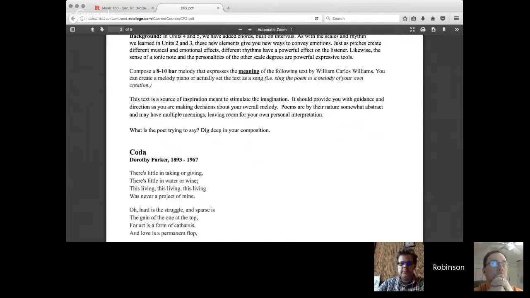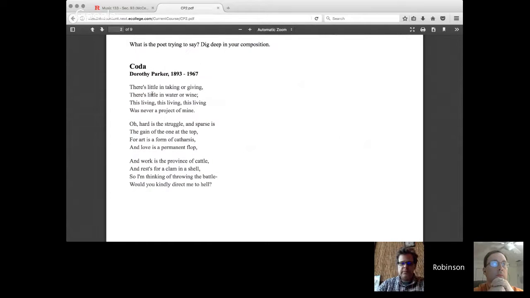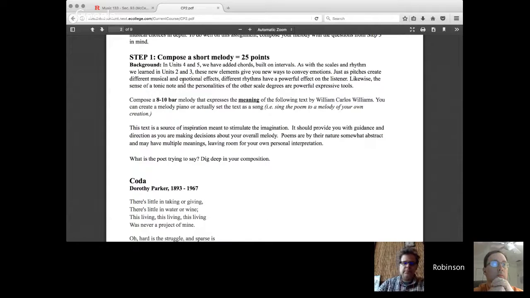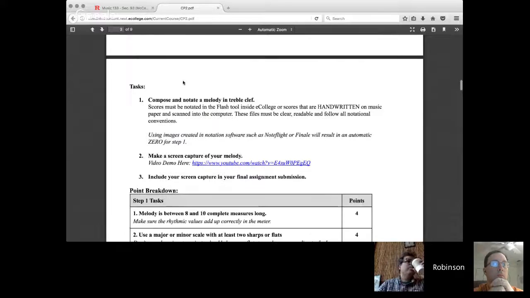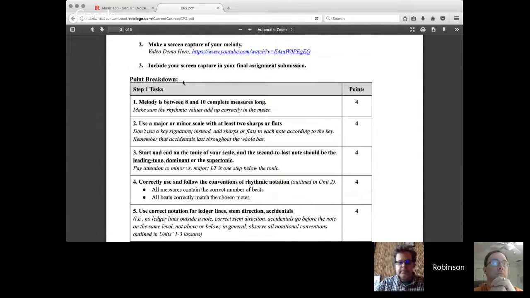So we have a mismatch between the poem listed here and the poem here. Apologies for that. But this is the poem that you need to work with, not the William Carlos Williams. And so this part of it is similar to last time. You're being inspired by this poem, and then you're going to go through these very specific rubrics of at least